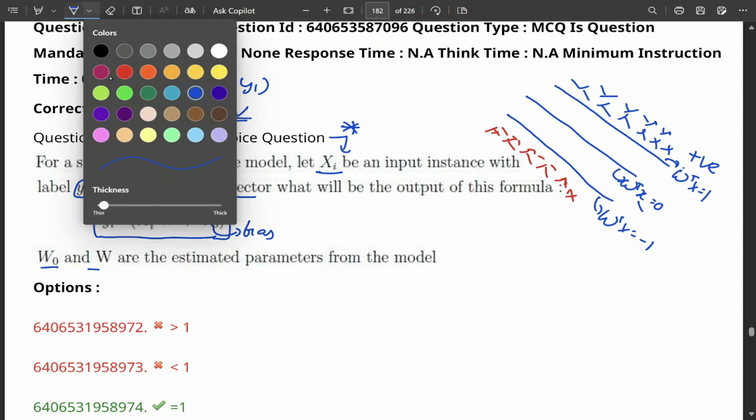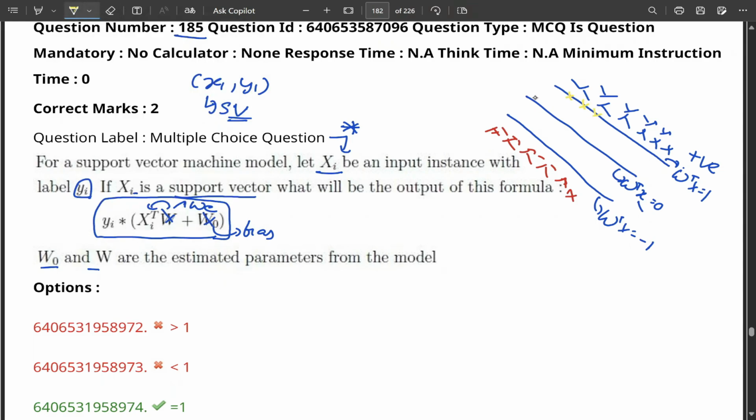So in that case you need to be very peculiar. Some points may lie on this particular line, right? And the points which lie on this particular line are called support vectors. Similarly here also the point will lie on the line. These are also called support vectors. And the property for this is that for any point on this particular line, if you do, you will have